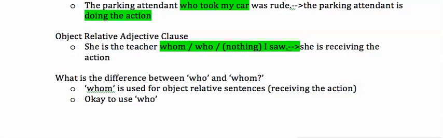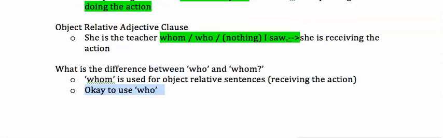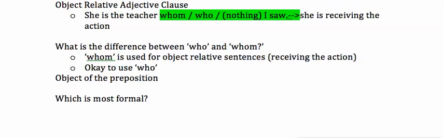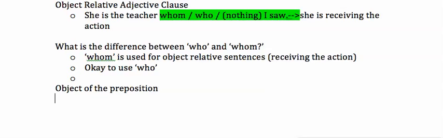Okay. So, what is the difference between who and whom? Whom is used for object relative sentences. It's generally okay to use who. Now there's one exception when you cannot use who, and that is our last point here, which is when it is the object of a preposition. So if I say,